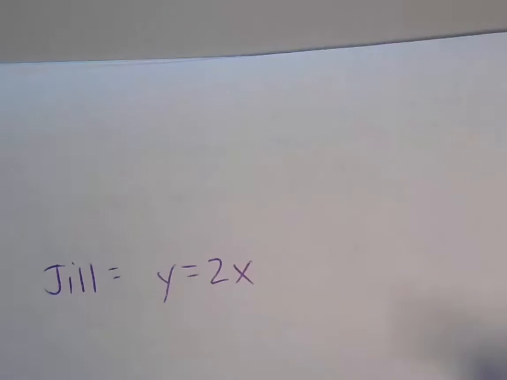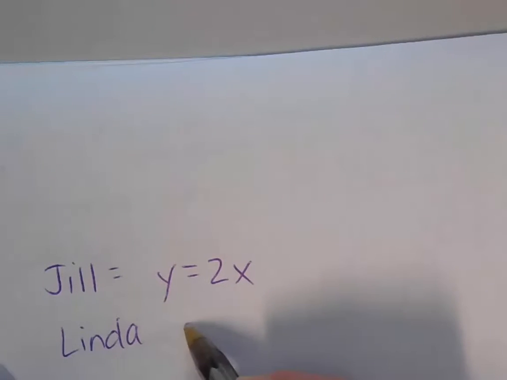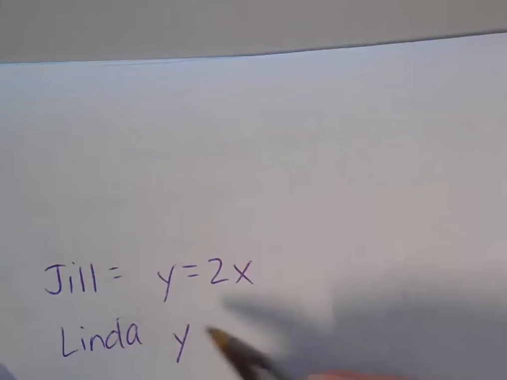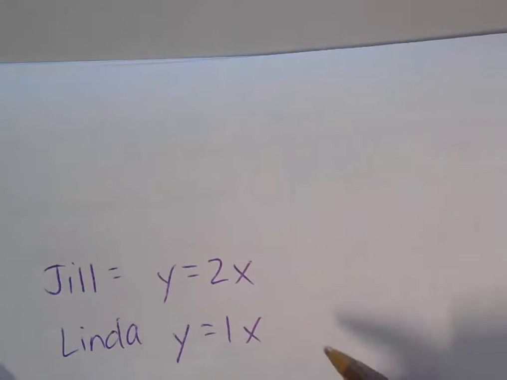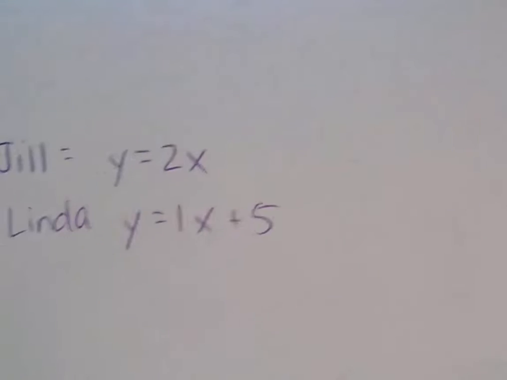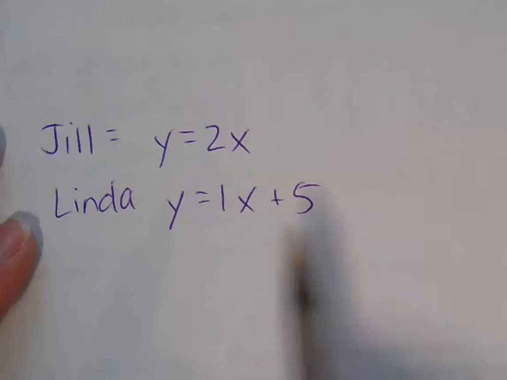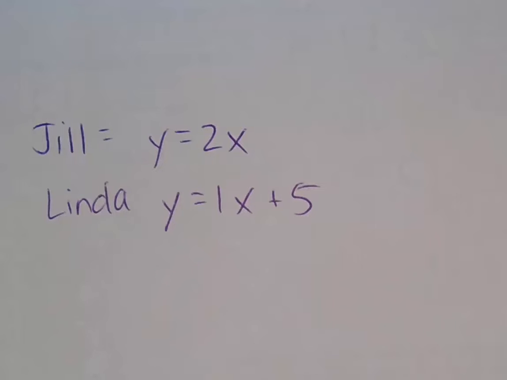And then let's say we have another person, Linda, and she is saving $1 per day. She's saving a whole lot, but she already started with 5. So those are my two equations. So this represents Jill and this represents Linda. So if I wanted to graph those, and actually I do have a paper right here that I can use